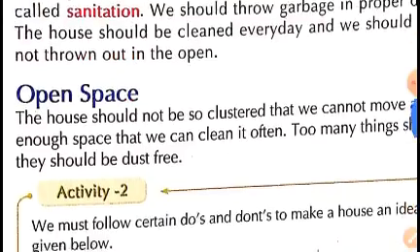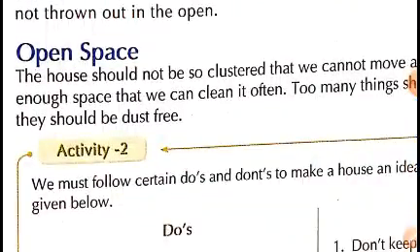Now children, the last topic is open space. Open space is very important. When we build a house, we should be careful. There should be some space left around our house, so that whenever we want to feel fresh, we can come out of the house. We can plant some trees or keep some potted plants, our children can play in that area, and we can also do some exercises or yoga. So children, open space plays a very important role in our life.